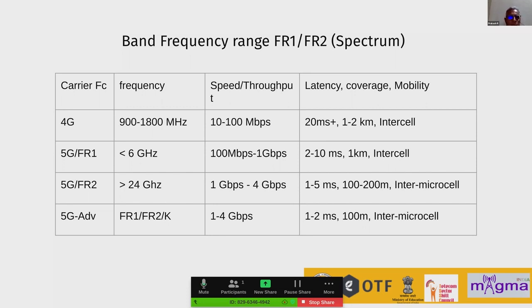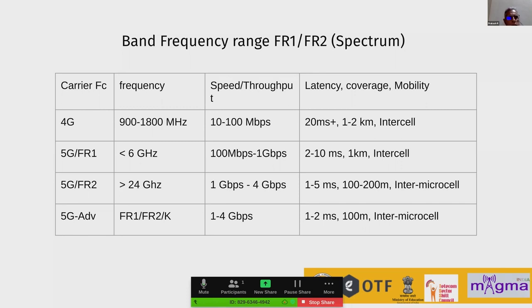So given that you have 100 megabits per second to 1 gigabit per second speed or throughput with the 5G FR1, you can get a 2 to 10 millisecond latency range, and it can cover about a kilometer, and at the same time it can also do intercell mobility. Now if you look at 4G versus 5G, the average improvement is about 15% overall in sub 6. But if you really want to gain on the higher side, then you must go to